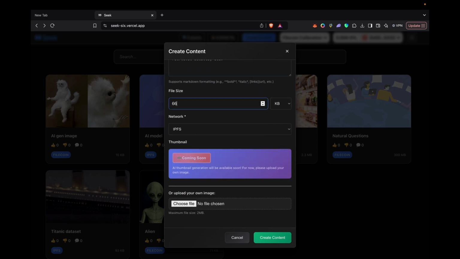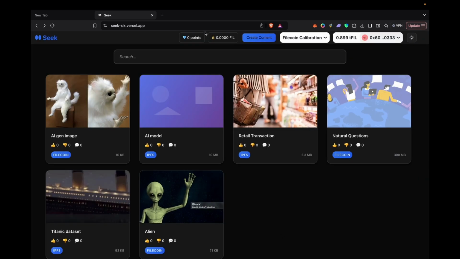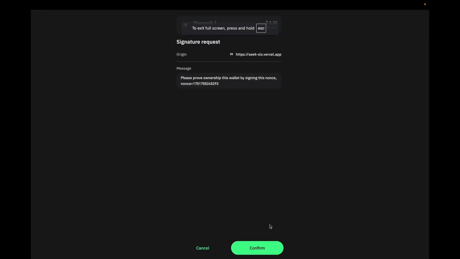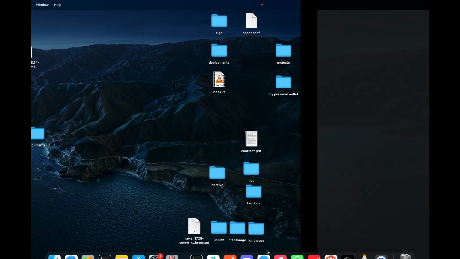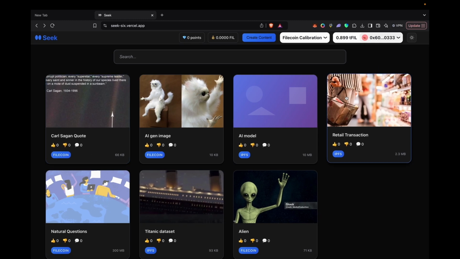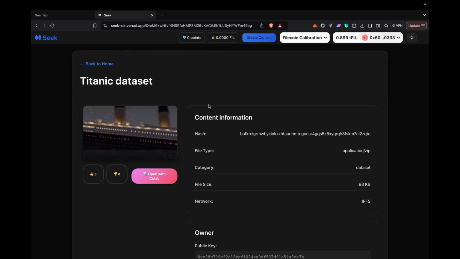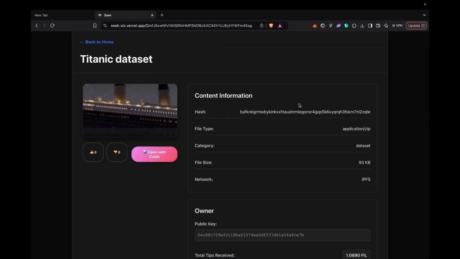It's a 66 kilobyte file. It's present on Filecoin and image. Okay, and create the content. Now the content is created. If I refresh the page, it's here. So if I click on a particular content, suppose this one, what I see is the content hash